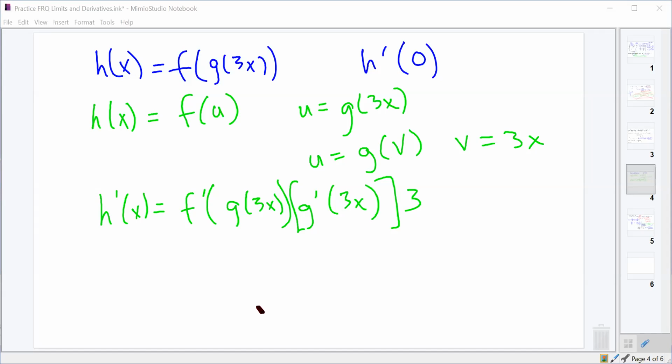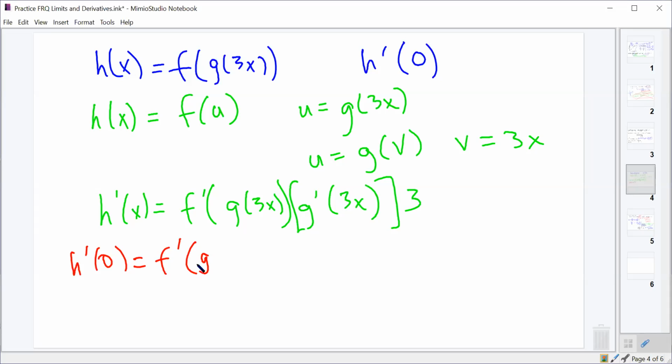So this is just the chain rule within the chain rule on some functions that we don't actually have an explicitly written out function, but we're still using the same rule. Does that make sense or no? Okay. You're going to need to get used to this because a lot of questions on the AP test end up being like these conceptual types, which is why we're going to start looking at some of them now. So if we want h prime of 0,